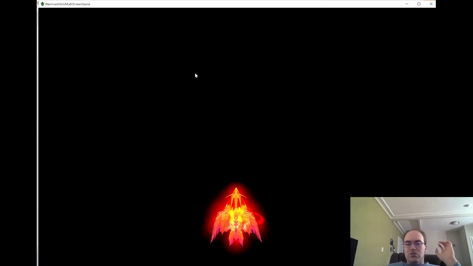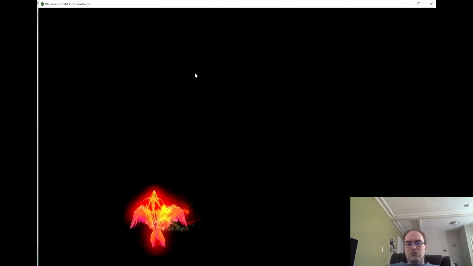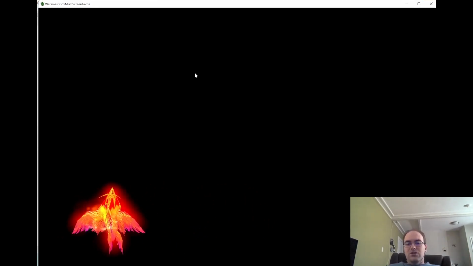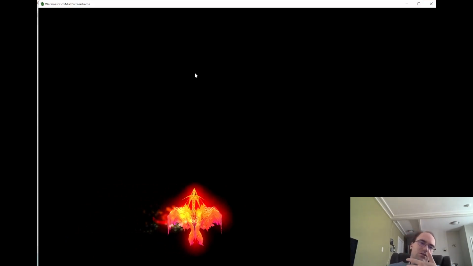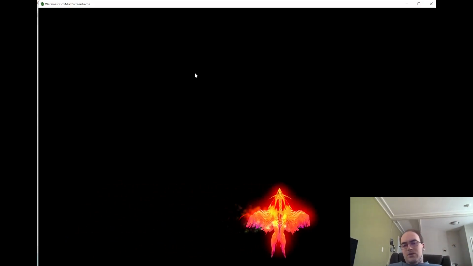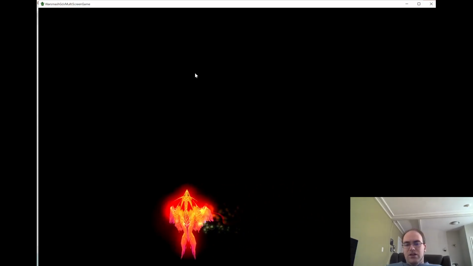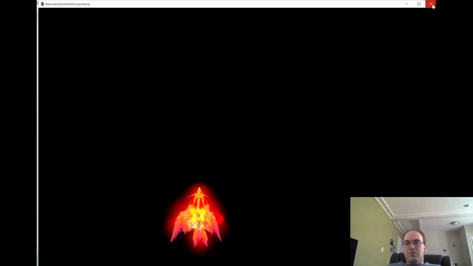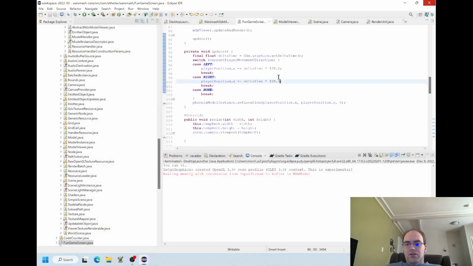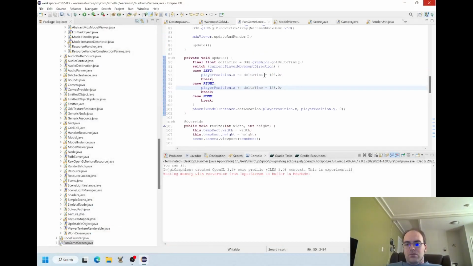So if I hold this for 2 or 3 seconds, the Phoenix should just float off to the left. And I can do the same thing and have the Phoenix just float off to the right. So that's kind of fun. I can literally just go left, right, left. Honestly, it's probably still too slow. Maybe I want to make that a little bit faster. Maybe we want to do 256. So in 1 second, you could span most of the screen or something.